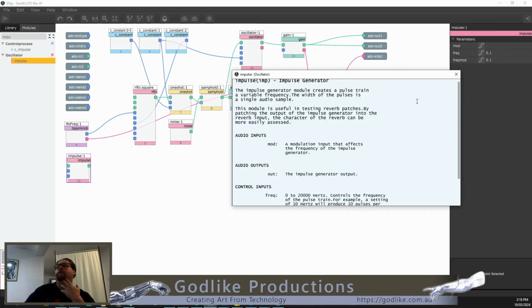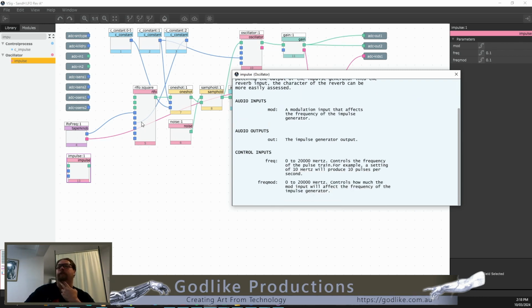Let's just bring this up. So this will just create a pulse train of pulses. So you could use this directly instead of this LFO square and this Oneshot. What you could do is wire this directly into this sample and hold, and then you could use your knob to control the frequency. Same sort of thing like this. That would do the same sort of thing,